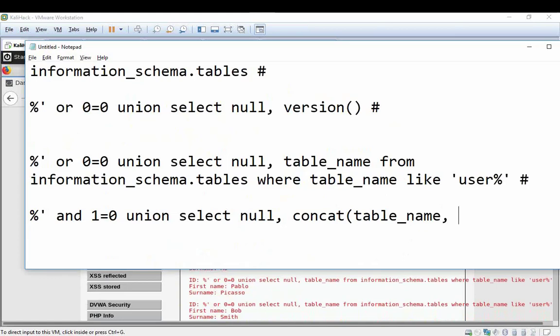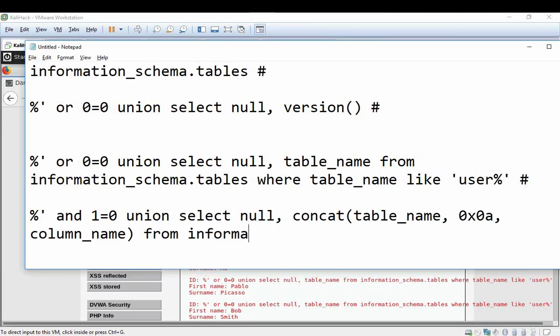For that, like slash n is there, so here we can use the hex format. Then we want the column name, and then we'll close the concat method, and we'll be selecting from